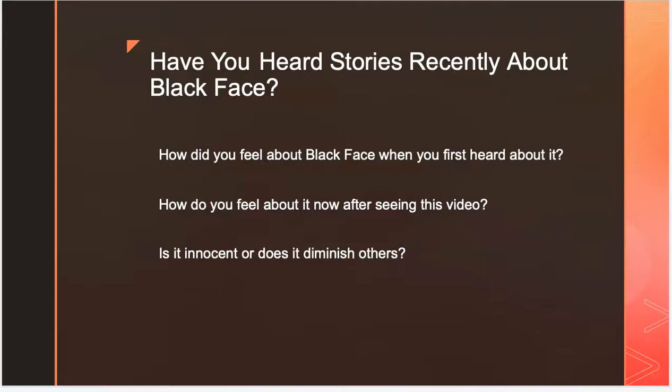So how did you feel about this idea of blackface when you first saw it or heard about it? Is this the first time you heard about it, or have you heard about it before? How do you feel about it now, looking at the video? Do you think it's just innocent, just fun, or do you think it actually creates a sense of othering that does diminish some people? Questions to think about as you start to move forward looking at the assignment